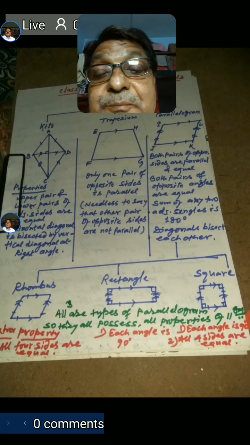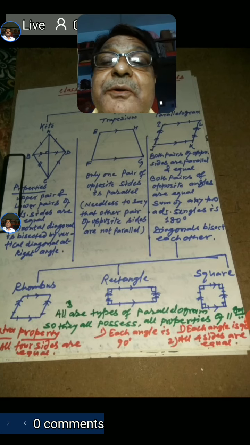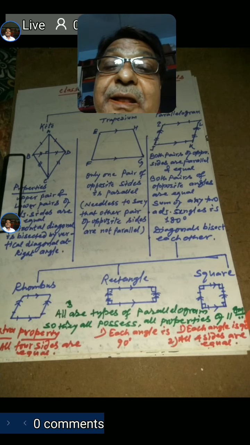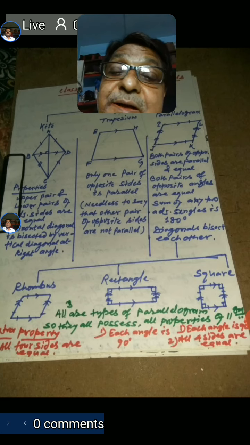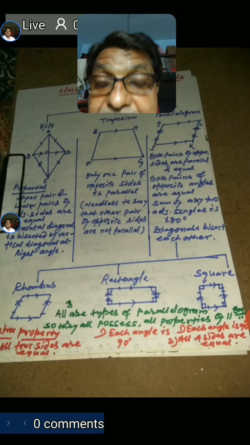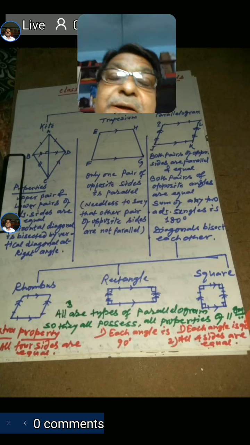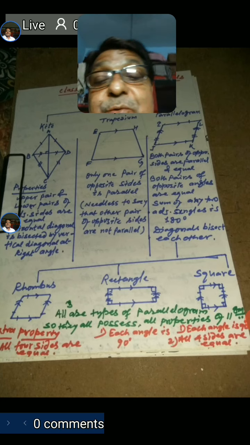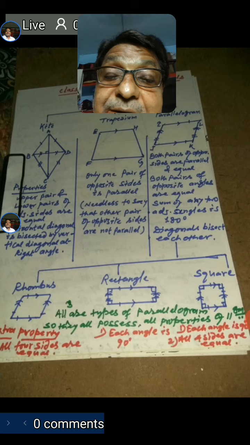Now compare with this rectangle. A square is such a parallelogram whose two adjacent sides are equal, and each angle, like a rectangle, is 90 degrees. So it means a square is also a rectangle too. Yes, of course, a square is a parallelogram. A square is a rhombus because it possesses the properties of a rhombus. A square is again a rectangle because it also possesses the property of a rectangle.